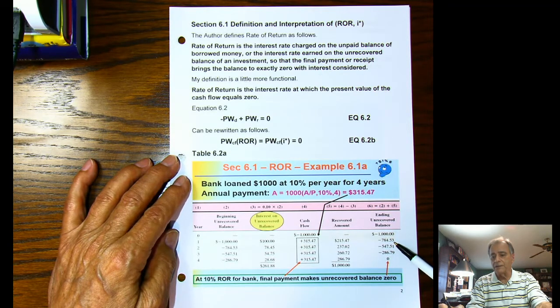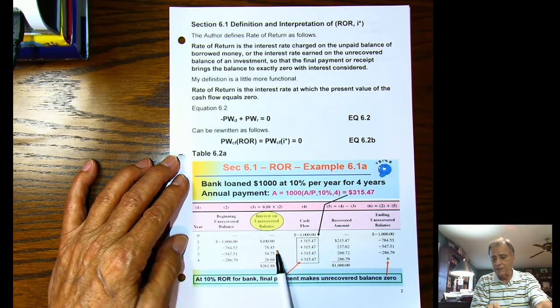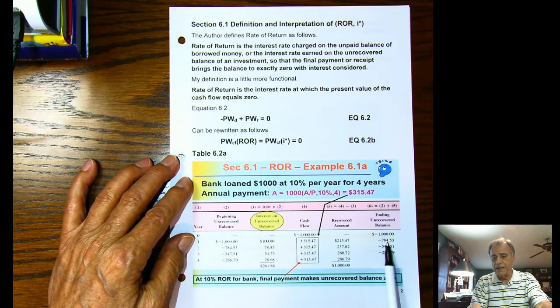Well, you're going to owe 10% of $784. So of this $315 payment, $78.45 is going to be interest, 10% of the previous balance, and the rest of it will be principal, or paying off the loan, $237.02. And that will be subtracted from the $784.53 to get